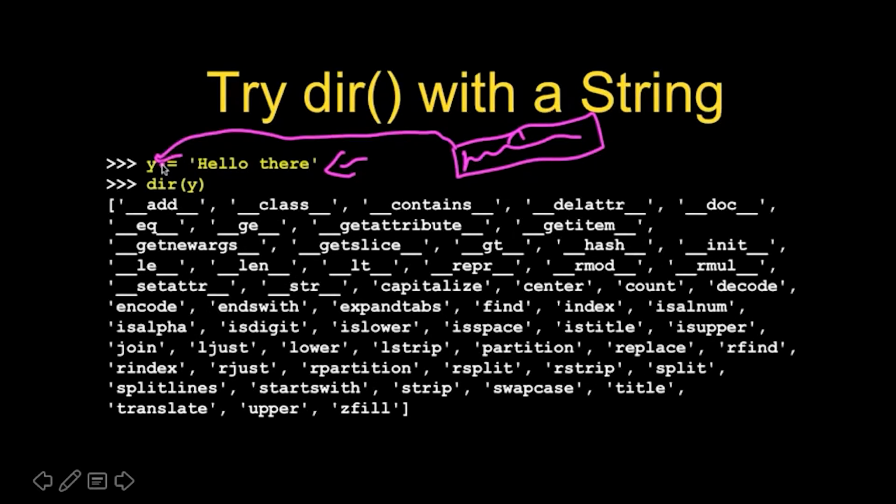And so Y now points to a string object that's been pre-initialized to the string hello there. Now that's a long way of saying hello there ends up in Y, but in OO terms we can talk about that. If we do a dir of that, we see a whole bunch of internal methods which have double underscores, and then we see all kinds of methods that we've been using. We've been using methods like